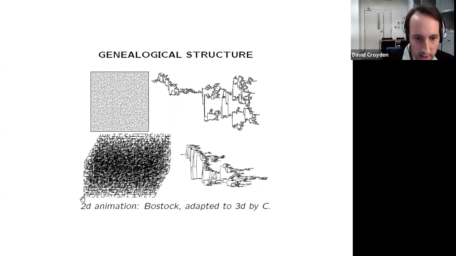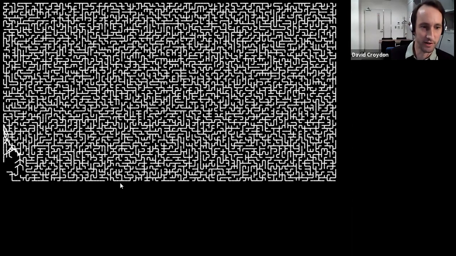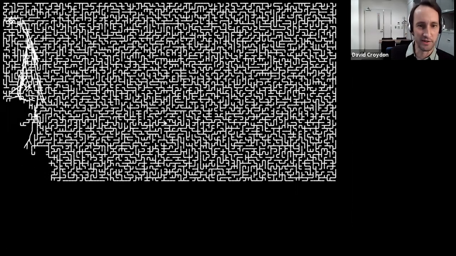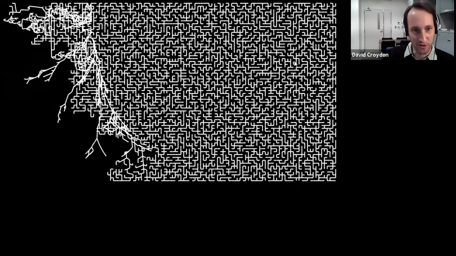So I think I've drawn from the bottom right-hand corner here, I've put that over here. And I've just then plotted the genealogical structure. So as you go from left to right there, the distance away from this root vertex is shown. And maybe because it's quite cute, there are some animations that show this connection very nicely. They were developed by this computer scientist, who I guess is interested in visual representations of various mathematical objects. And so this is showing how we can extract from the 2D uniform spanning tree in a box here this tree.